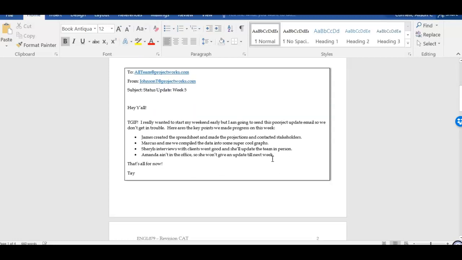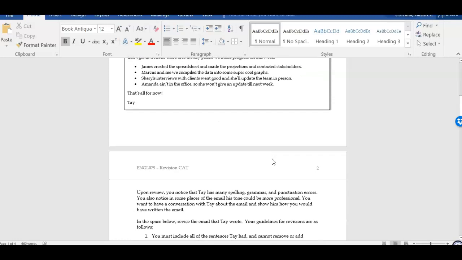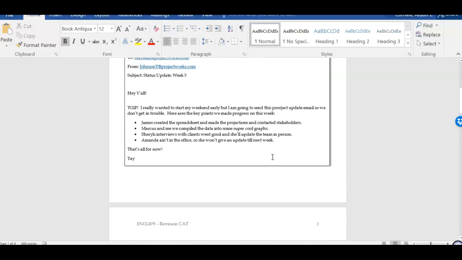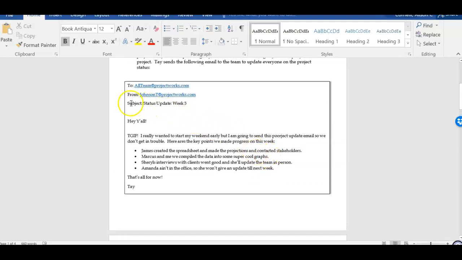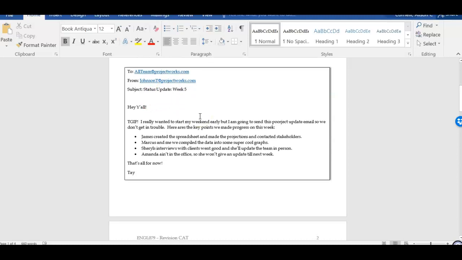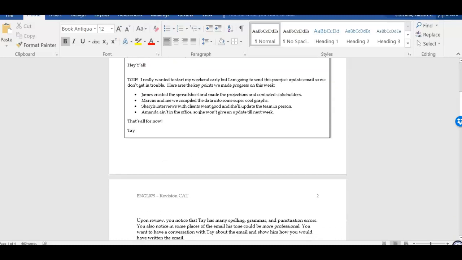So you want to be able to provide some positive feedback. Okay, so I can give you a hint. The very first thing, the greeting, is probably something that you would want to change. This would be something more casual that you would be sending to a friend or family member, but thinking about the overall tone and formality of something you would be sending in the workplace. Okay, so I gave you a hint on the very first one. We need a new greeting.